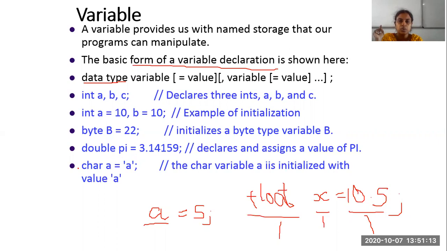Or if you want to store a single letter, then you can go for an option called char. If you want to store your name and all, then we have to go to a concept called strings, which will come in arrays, in the next chapter. So when you want to store only a single letter, you can use char. So remember the variable declaration: data type, variable name, and then if you want to give a value, use equal to and then specify the value, ending with a semicolon.